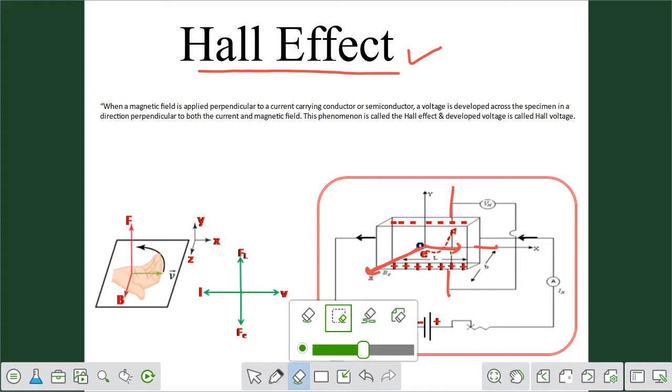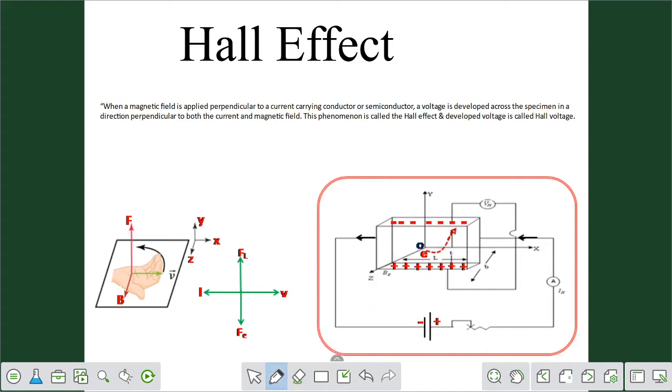Okay, so that is a very simple experiment. In that experiment, the voltage is developed across this specimen. So we have to understand the working process of that semiconductor specimen. What is my point? Here some physics concepts will be applied within this semiconductor material. As we are familiar with the right hand and left hand rules, according to this rule, here we have the diagram.